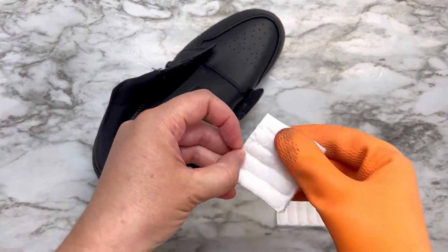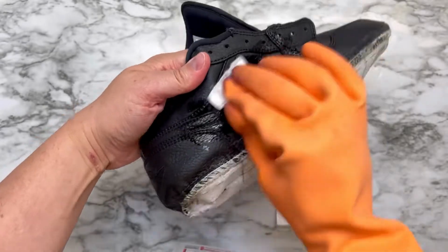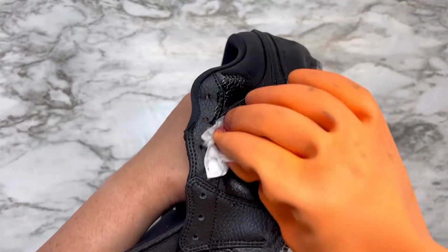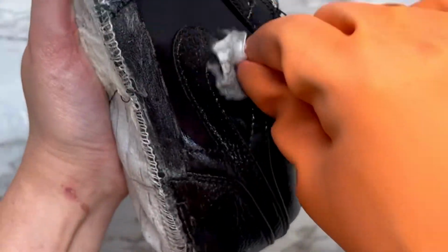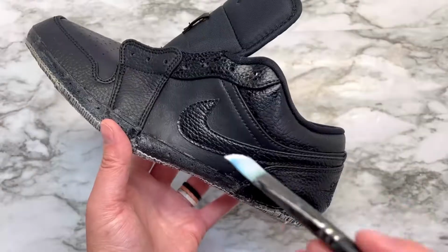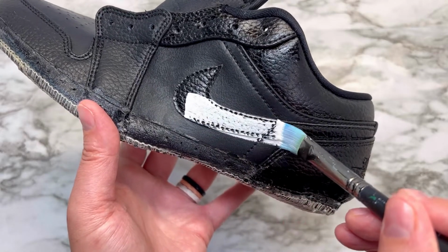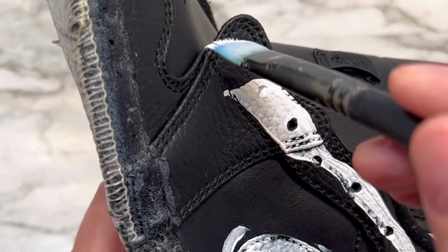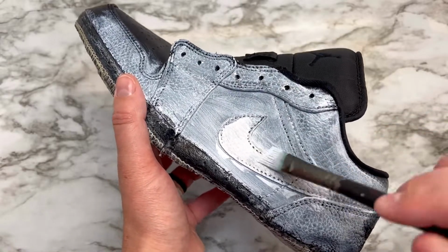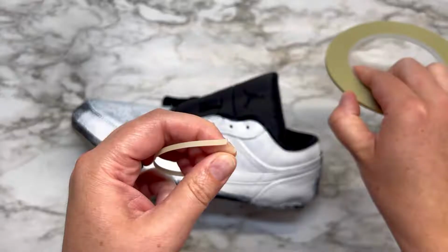I'll be testing out the top coats on this pair of shoes, and then I actually do another pair of shoes later on just to see the difference. But please make sure to prep your shoes properly, so you need to remove that factory finish. Using acetone or a leather deglazer and preparer will help remove the factory finish, so then your paints can absorb properly into the material. I'm specifically using white paint, so then you'll be able to see any scratches a lot easier. Again, make sure to prep properly so then you have a good foundation for the paint and the top